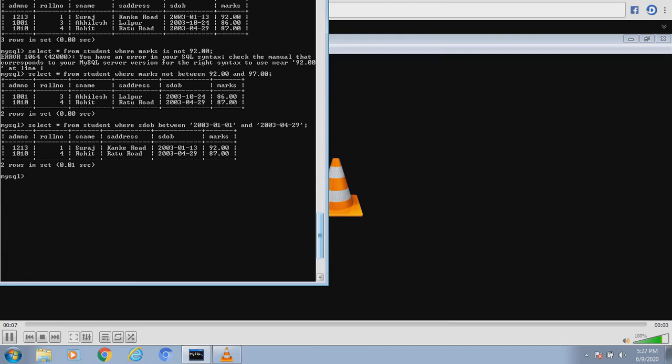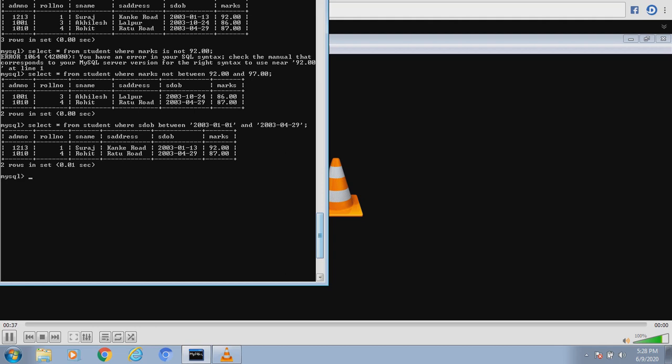Today we are going to continue the practical sessions on SQL commands. Students, in the previous video we had learnt a lot of commands and we saw how we write those commands, that is, how the syntax is actually written for those commands and how the commands work for us.